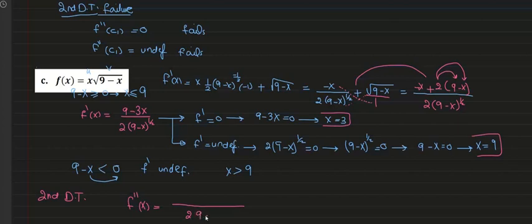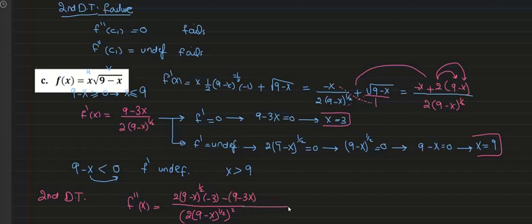So let's take the denominator as it is, raised to the power of 2, and then we copy it in the numerator without derivative, and then find the derivative of the numerator. 9 derivative is 0 minus 3x, so we get times negative 3